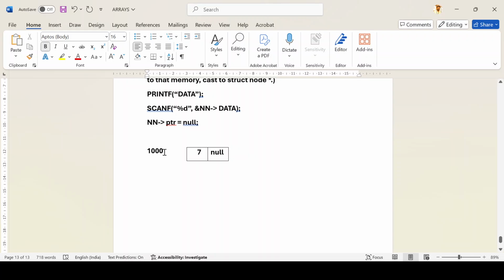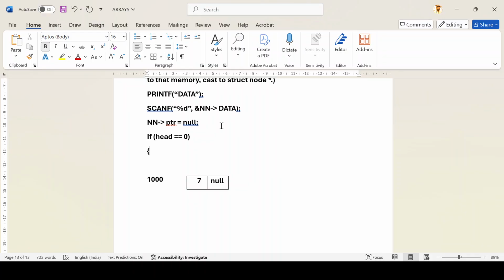So at first I'll be giving a head value. At first I will check whether head is 0 or not, because sometimes I might add the last node, or a second node, or a fifth node, or a seventh node, or I might add the first node. So at first I will check whether my head is equal to 0 or not. If head is equal to 0,